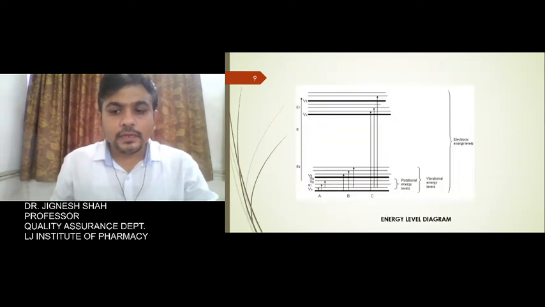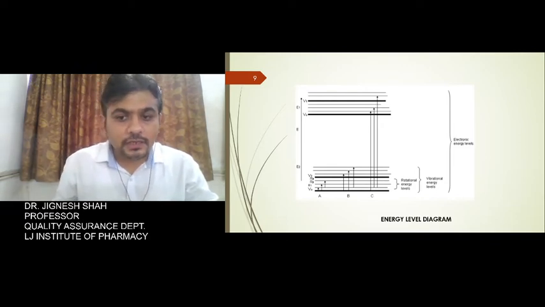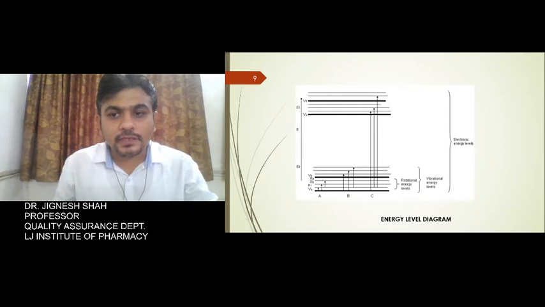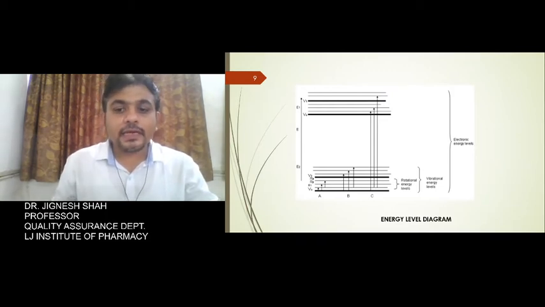Now, this is an energy level diagram which shows you that there are different rotational energy levels, different vibrational energy levels, and different electronic energy levels. So whenever a molecule starts absorbing the radiation, you can see that the molecule attains higher rotational energy levels, it can attain higher vibrational energy levels, and it can attain higher electronic levels also. So this is the transition which takes place in a molecule when it absorbs the radiation. These are the three different mechanisms which take place in a molecule.